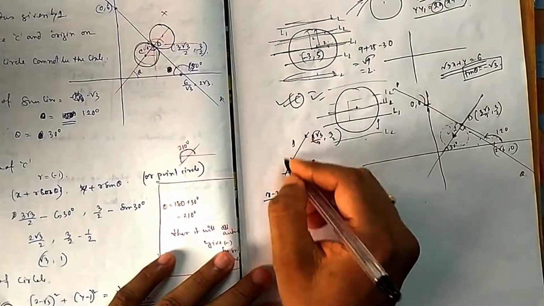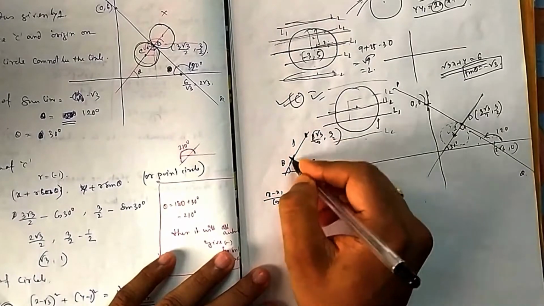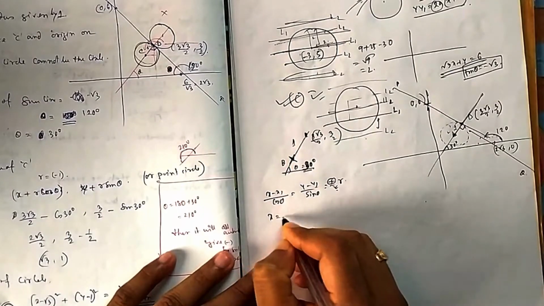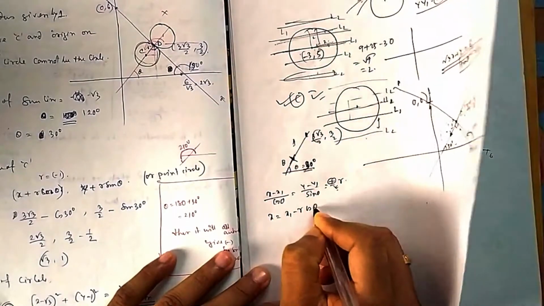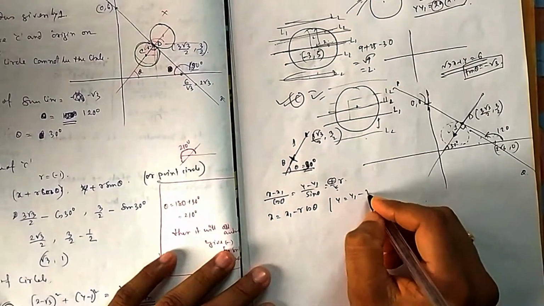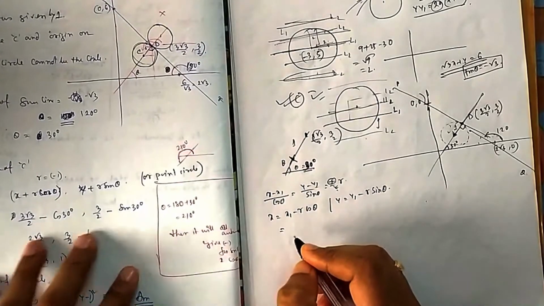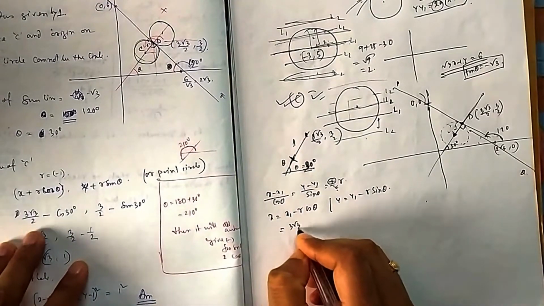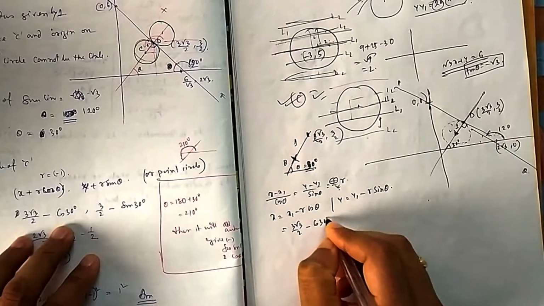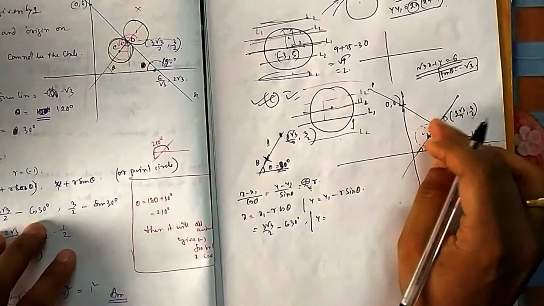Or you can remember, if the point you need to find is below that one, from this point you start and come below, so you always put minus. So your x will be equal to x1 minus r cos theta and your y will be equal to y1 minus r sin theta. You put in 30 degrees and you will find the answer. A similar way it is done: it is 3 root 3 by 2, r is 1, and cos 30 degrees. Similarly for y. If you know this point and the center and radius, you can write the equation.